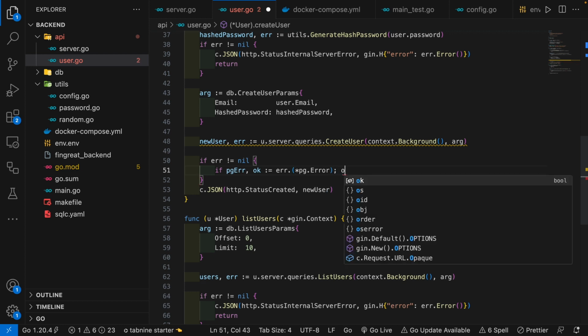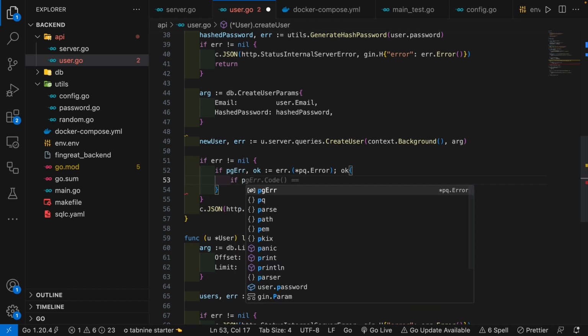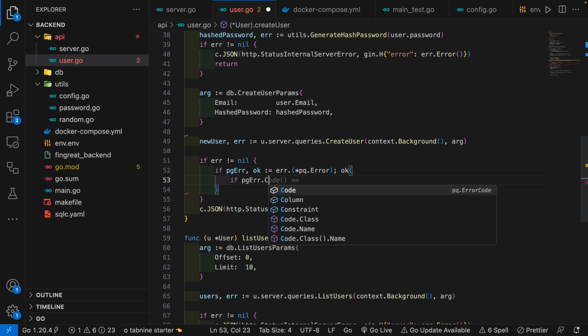So if it's okay, in this case, if it's a PG error, that's what it's saying. So we are trying to match this error to this type. If when we try to match it was successful, then it's a PG error. So this is not PG but PQ. So PQ like that. All right. If we are able to successfully convert this error to this, then we can check the error code itself. So we can say if PG error dot code